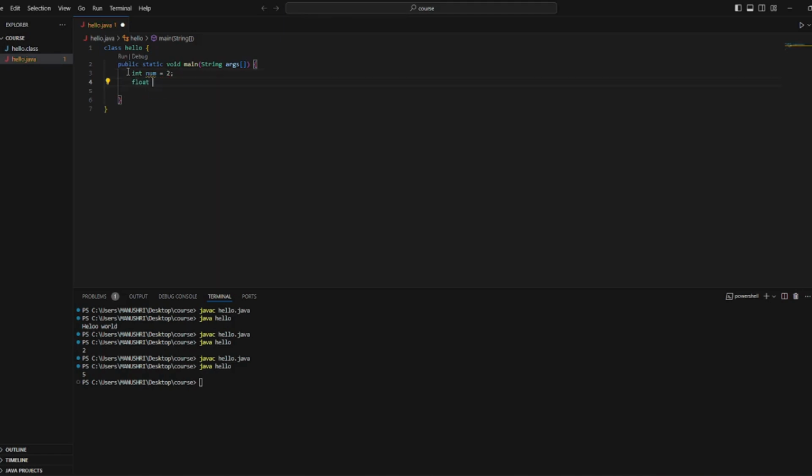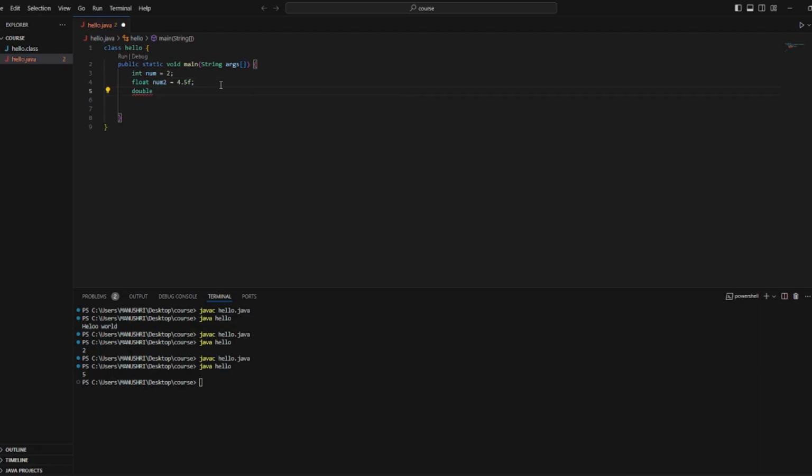Now next, float. num2 is equal to 4.5f. Good. Now let me tell you the reason why we use f here. In Java, all decimal values by default are taken as double, and that's why we use F to indicate that it is a float.